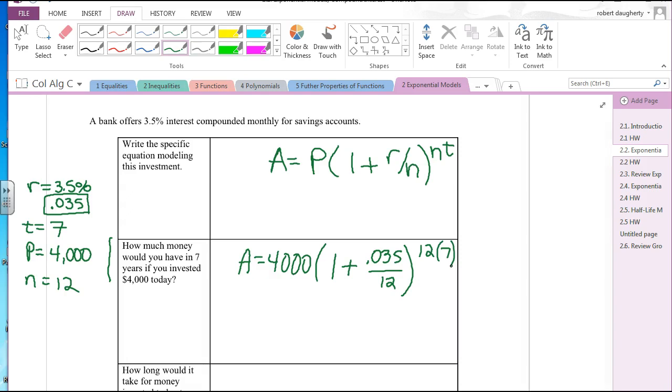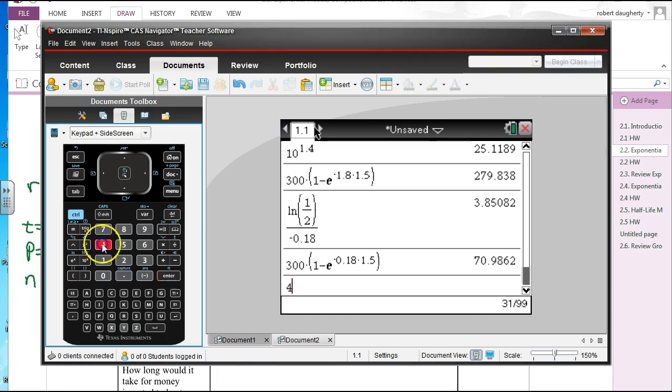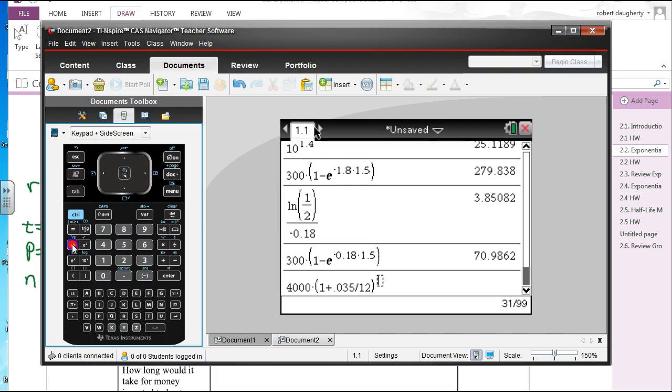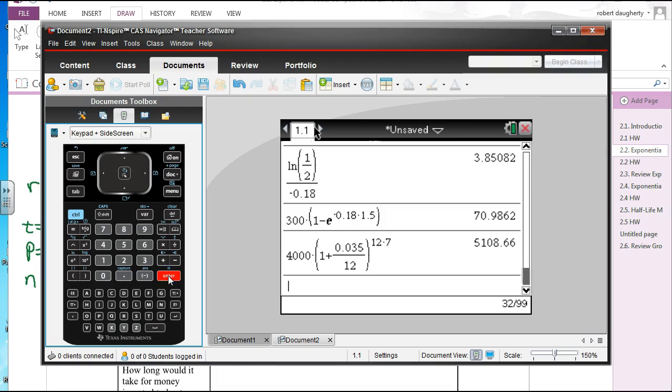So I'm going to go straight to my calculator, put in that exactly. So 4,000 times 1 plus 0.035 divided by 12. Go outside the parentheses. Raise all of that to the 12 times 7 power, and I get